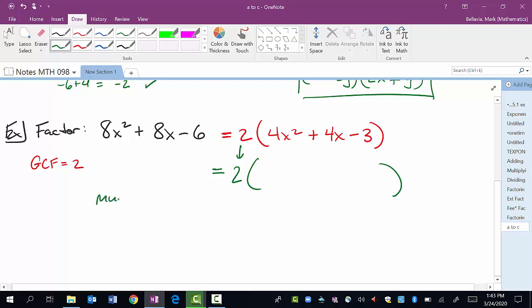So remember to use AC method. Things that multiply to AC. You're doing it on what's inside the parentheses, not the original problem. So, right, A, B, and C, we're talking about the coefficients. So A times C is really 4 times negative 3. So AC is actually equal to negative